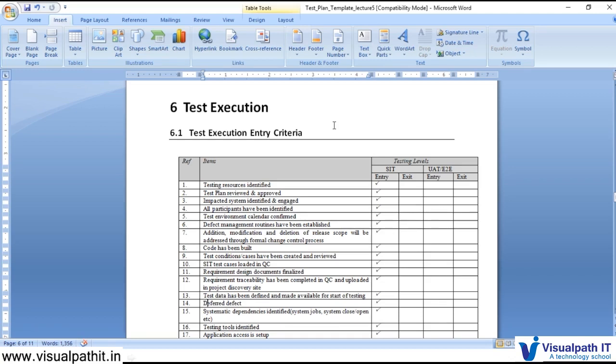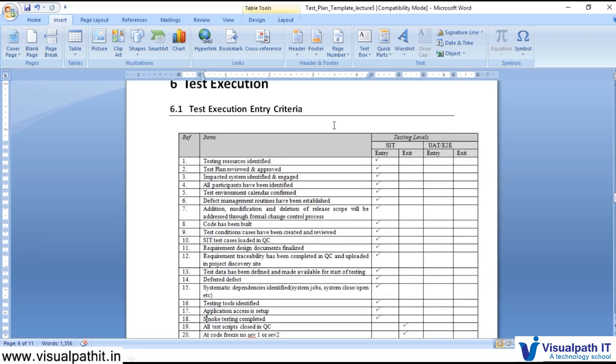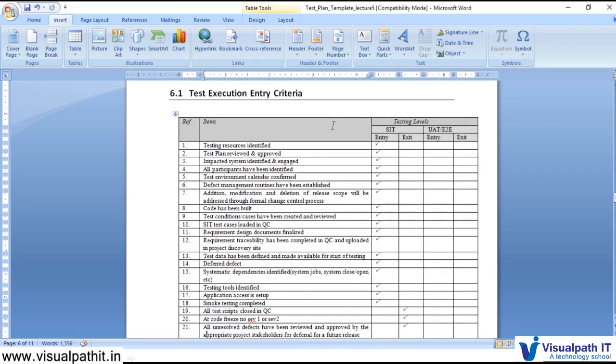So for a deferred defect, we need to take all the approvals from the stakeholders. Approvals in the sense that these are the defects which we are not going to fix in this release, and the development team has deferred them to a future release. So are we good to go with these deferred items or not? Like that. All the tools we will be using, the application access, whether we have all the access,